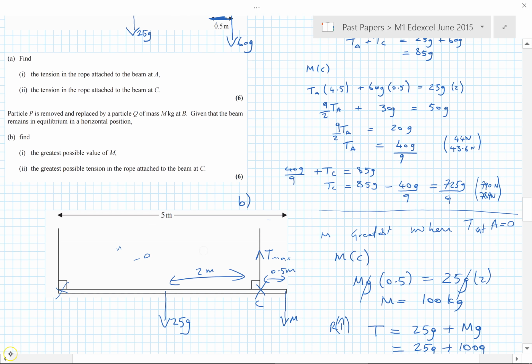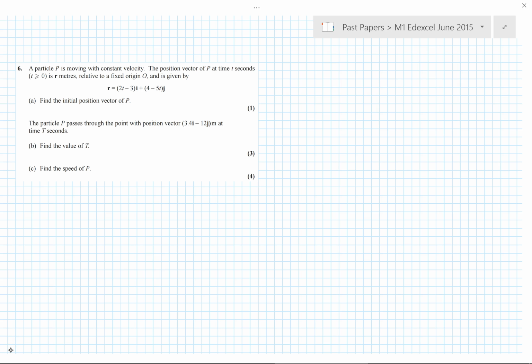Let's go on to question 6. Here we have a vector motion question with constant velocity in 2D. We've been given an equation of motion here, which has been separated out. We can work backwards here, and so that's minus 3i plus 4j